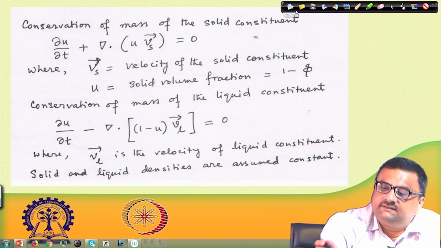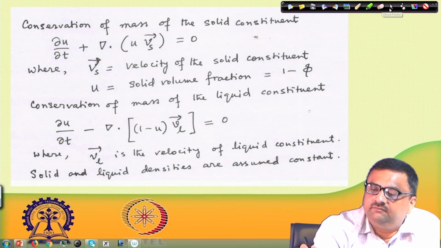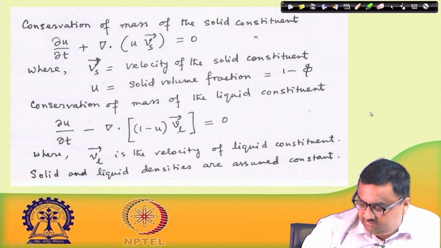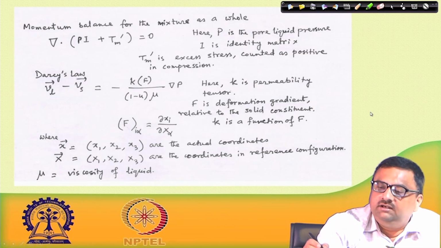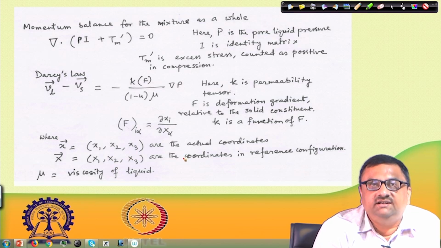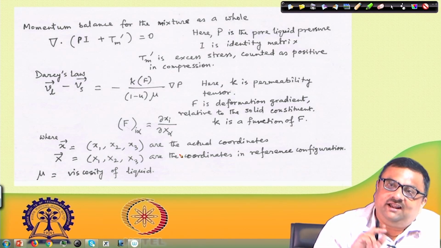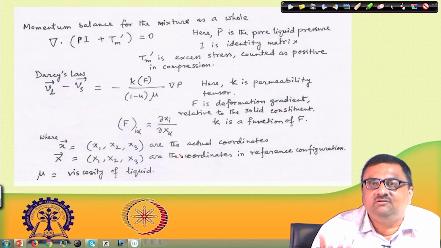So, with this in background, next what we do is we need to come up with this momentum balance for the mixture as a whole, because we have to relate this P and sigma that remains. Okay. So, P and sigma that remains, and once we have P, then we can talk about Darcy's law, because